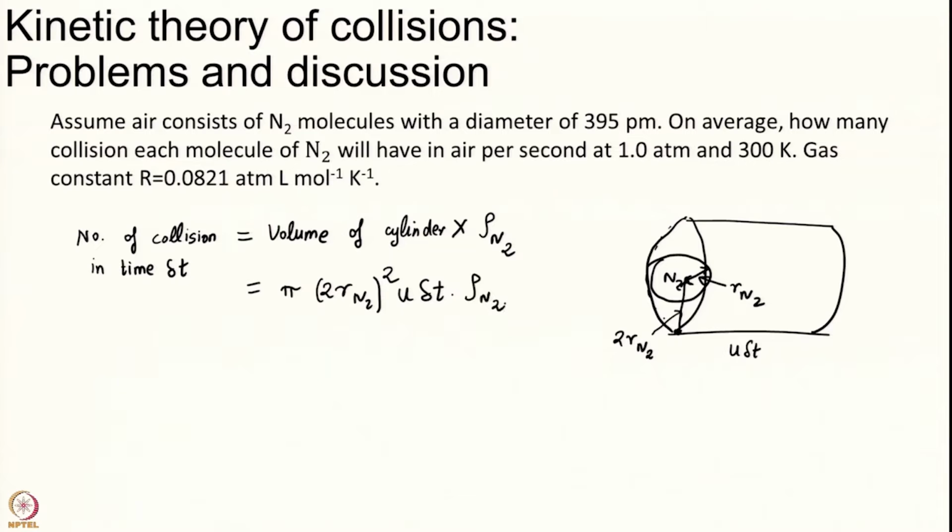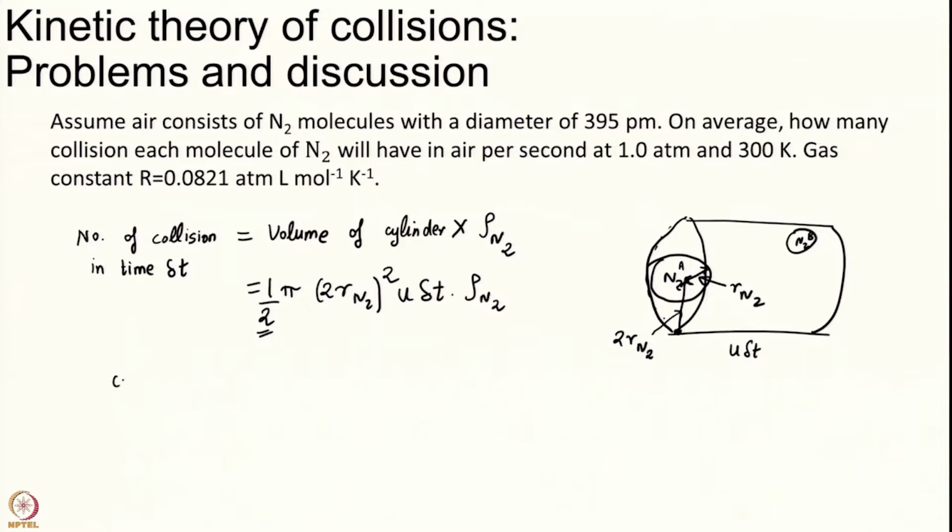Is this correct or have I missed something? There is a little factor that is missing, a factor of half. Whenever I have A equal to B, I get a factor of half. Why? Because I am double counting the collisions. This N2, let me call it A arbitrarily. If it collides with another N2 which is B, well, N2 B also collided with N2 A. So, I have double counted the collision. That is why the factor of 2. Again, we discussed this in some detail a few modules back, so please revise that if this is not clear.